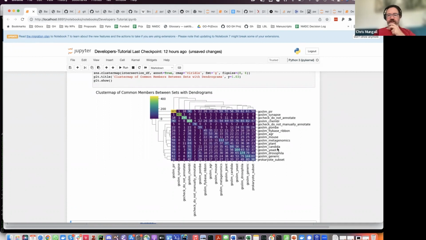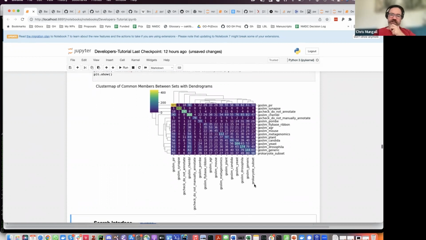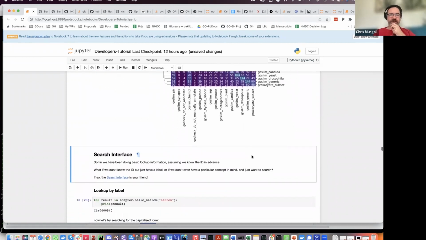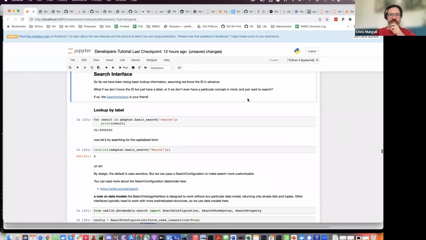Let's just plot this in a heat map with some dendrograms on the side, so you can see that, oh yeah, the generic Slim is quite similar to the prokaryote subset and so on. Yeah, that's all very nice if you want to analyze Slims. It's just to demonstrate the easiness of this. So let's quickly go over a few other